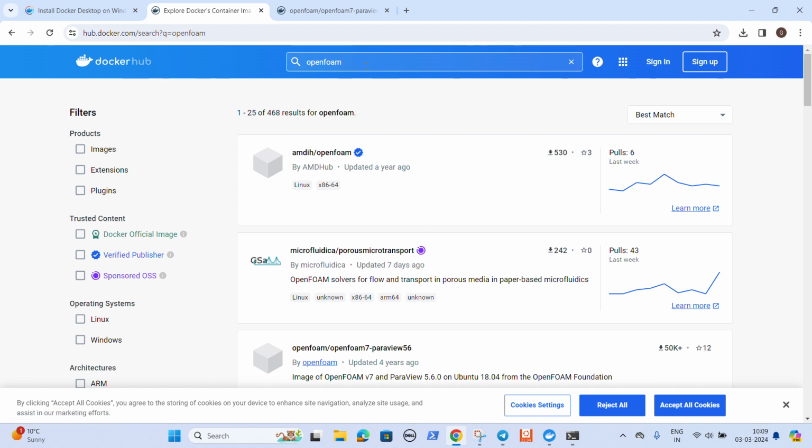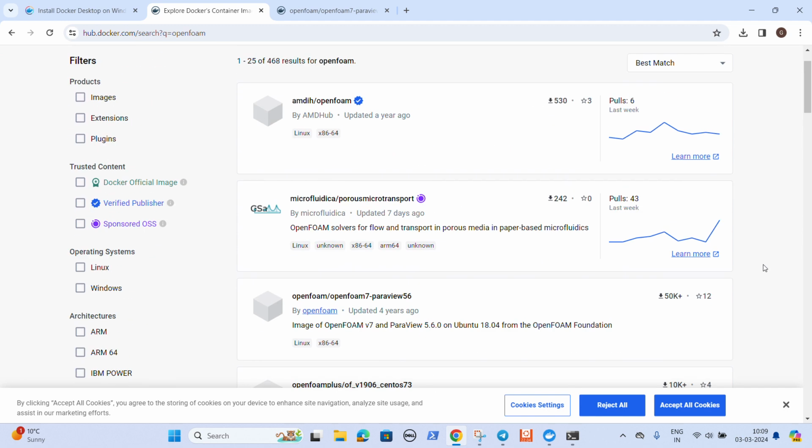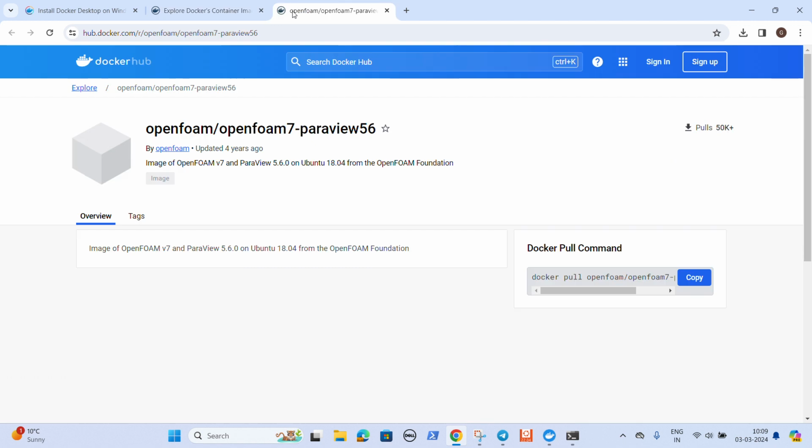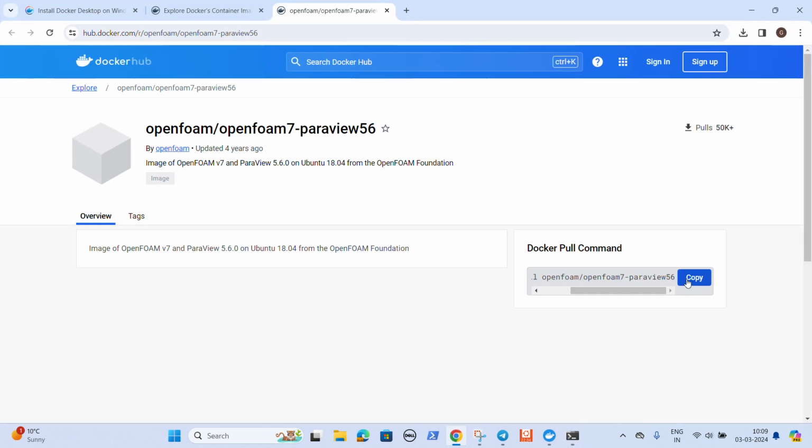You just have to write OpenFoam, and here you can see there are a number of Docker images, and here you have to pull this image into your system. So for that you have to copy